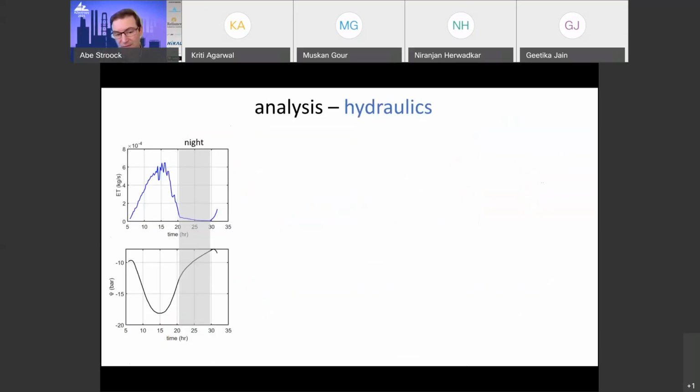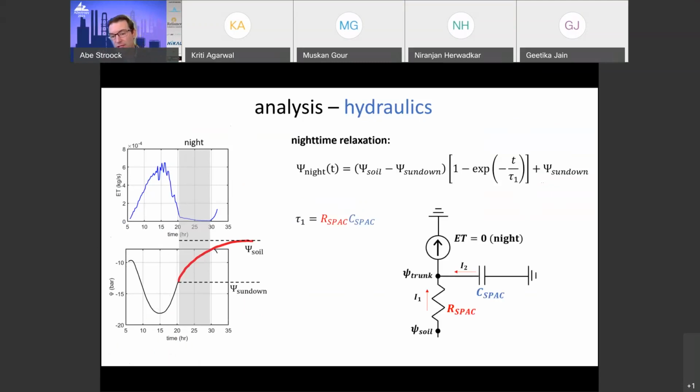So just to give you a sense of how we can start to think about this, one nice little experiment that is essentially run every day: here we're showing the evapotranspiration, the amount of water lost by the plant through the day from 5 in the morning to 8 at night, and then at nighttime, basically it shuts off. And here's what that's the driver of dynamics. Here is the response of the plant, going from a modest 10 atmospheres of stress down to 18, and then relaxing back at night.